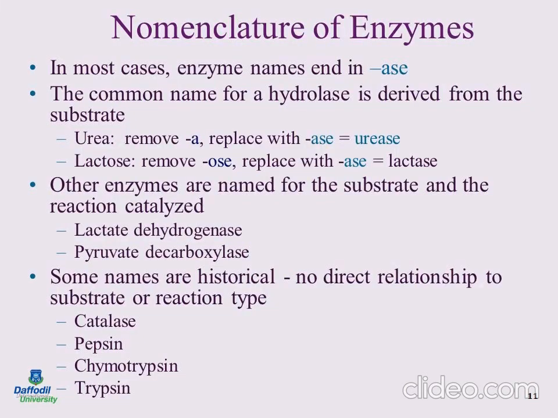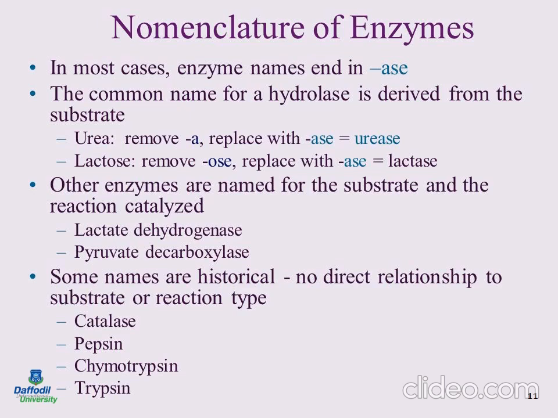Now if we want to name an enzyme, it basically depends on which work they are doing, and sometimes there are some trivial names. Like we just add ASE after the name, so suppose someone is working on urea, we can say their name is urease. Someone working on lactose, we can say their name is lactase. Someone working on cellulose, we can say their name is cellulase. Now someone doing a dehydrogenation reaction, we can say it is a dehydrogenase. Someone going for oxidation, we can say this is oxidase.